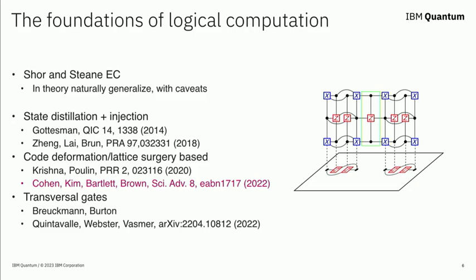But one in particular that caught our eye, that we found very interesting and is appropriate to talk about here, is from the University of Sydney group. Here, their idea was a code deformation or lattice surgery type approach: if you have some Tanner graph which encodes your code, and you have many logical qubits that you can describe in this Tanner graph, you might have some logical string or logical representative in the Tanner graph, and you can bring in this surface code patch